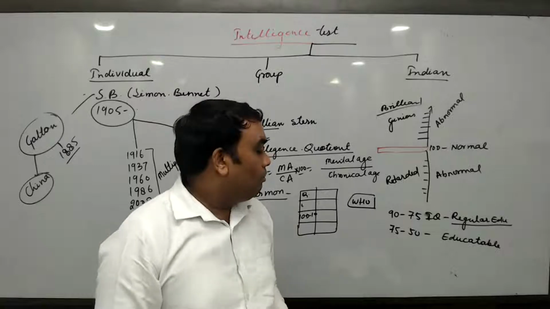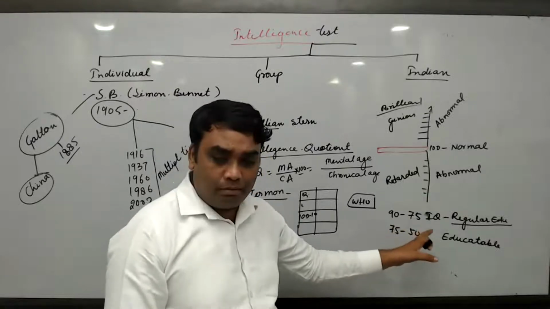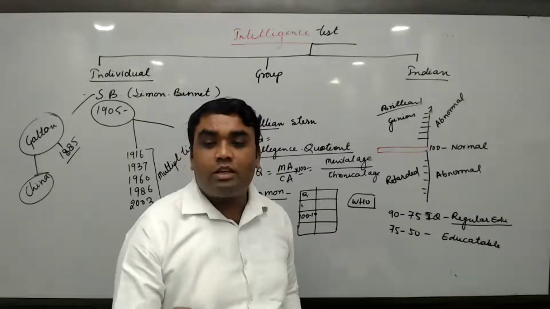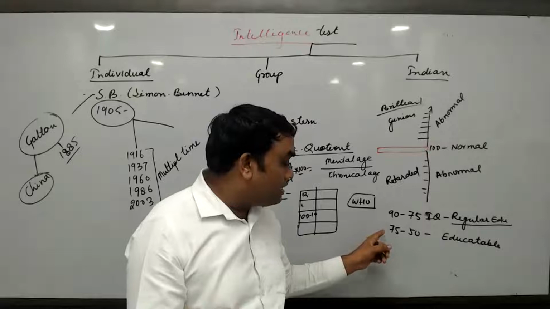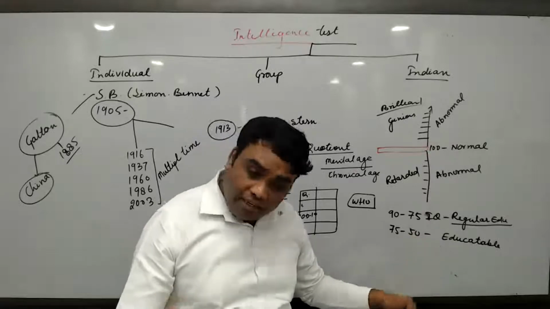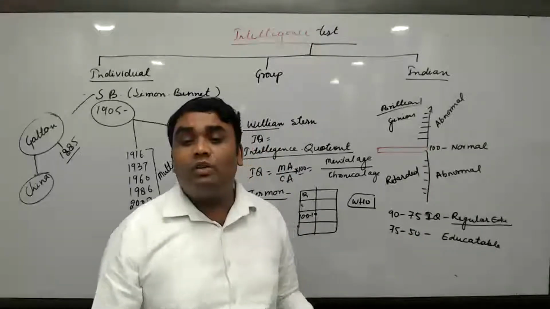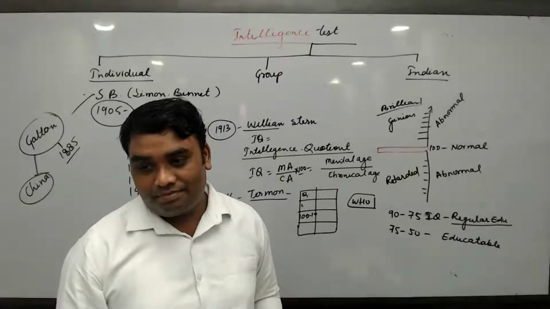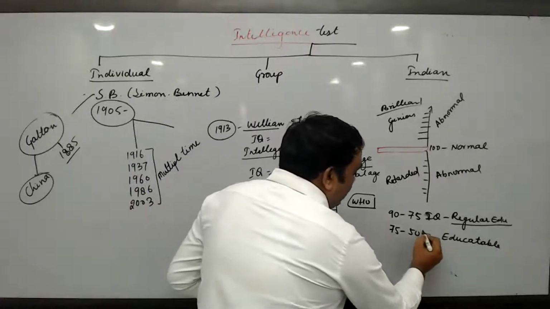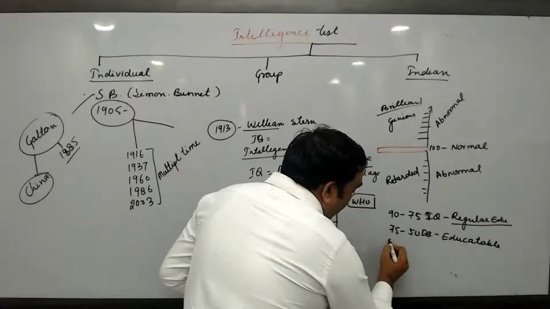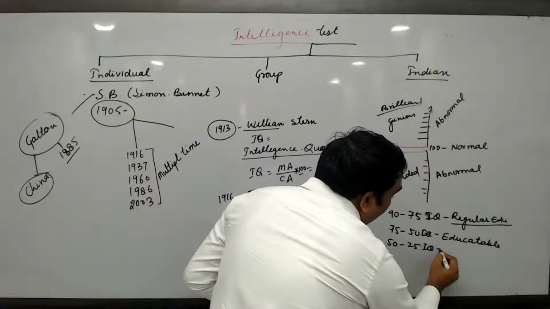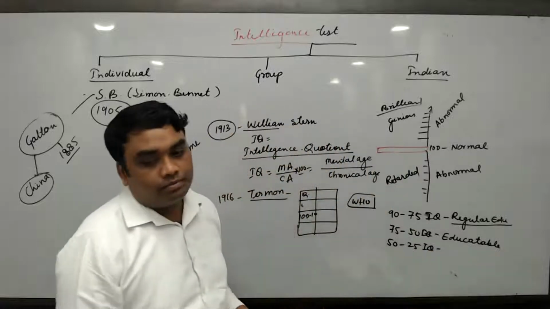Those children whose IQ is just 75 to 50, we can provide them education, but not by regular, ordinary teachers. And for an IQ of 50 to 25, these children are basically